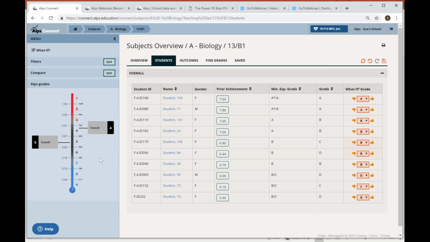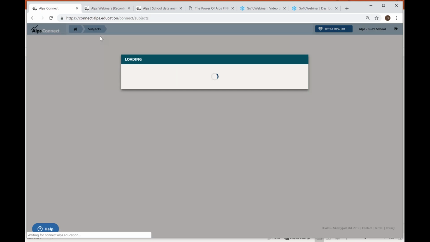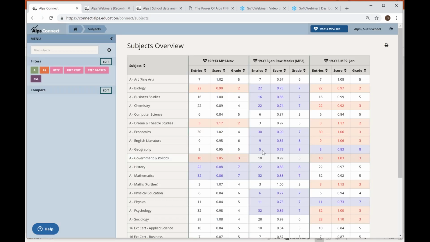So you can see the idea of how this modeling tool empowers teachers to be able to make decisions about where they're going to focus their intervention and their efforts in class or out of class. I'm going to show you fine grades when I look at a year 11 one, if that's okay. So if we go back to the subjects, then you get the general idea. Okay, now what I'm going to do here is I'm going to start